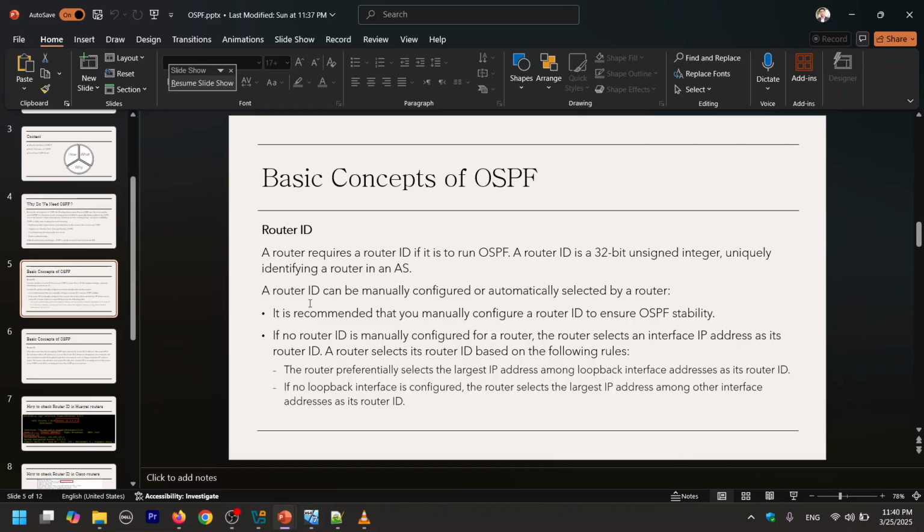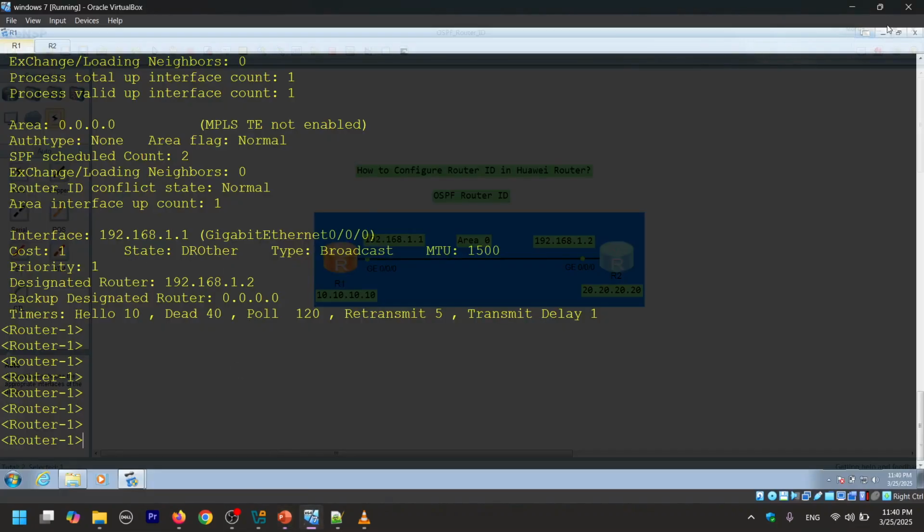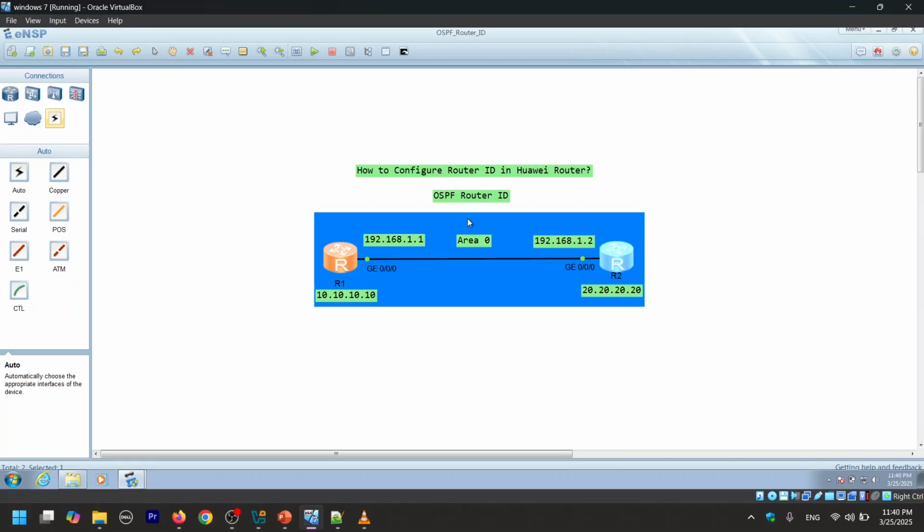So let's jump to the simulator provided by Huawei, known as eNSP, which is an enterprise network simulator. On your screen you can see there are two routers in this topology, R1 and R2.